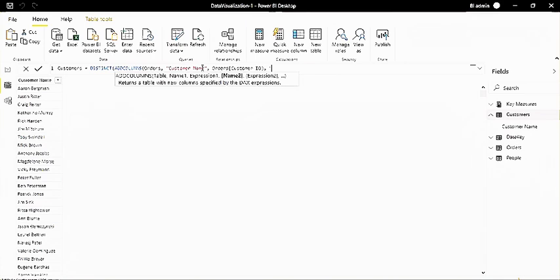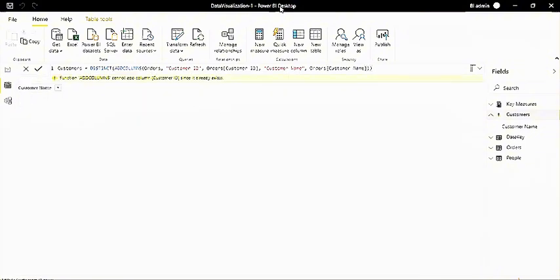In case of relationships, data model, everywhere DAX is important. So here I'm just going to get distinct multiple columns from any table. Customer ID already exists.